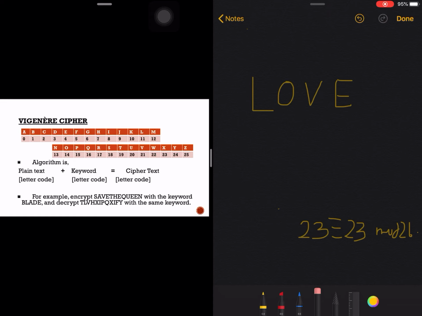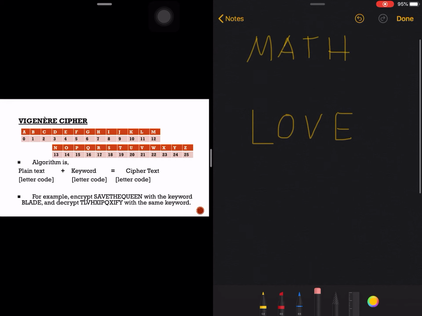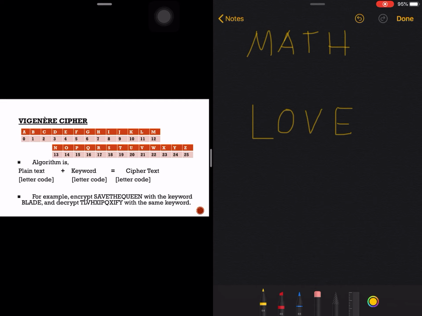Just remember that letter M, there would have 23, all right? And let's double check if we'll have the same answer. So if we are to do the vertical way of doing Vigènere Cipher, just note with the letter